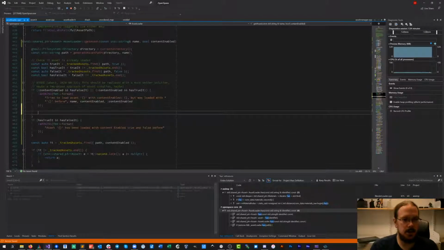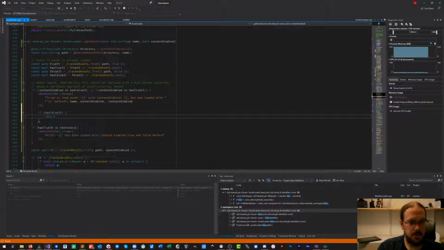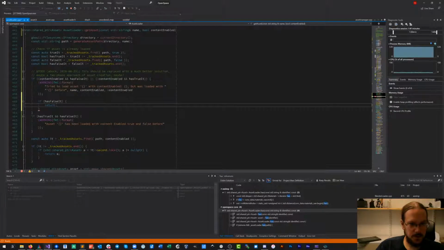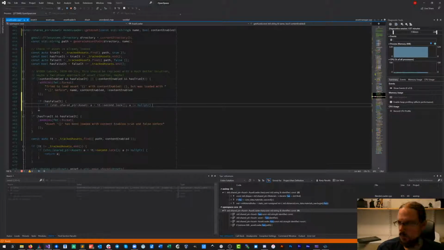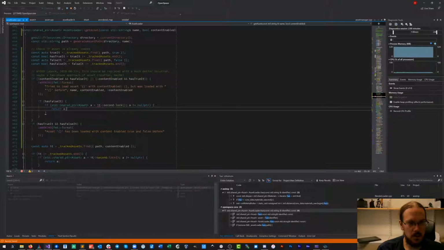But it works. So if we have the false iterator, we return, well, we bind it to an actual shared pointer first. Not sure why this one should be a null pointer, but... And we already, no, we didn't already check it.